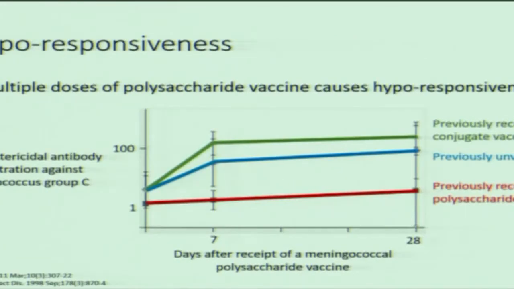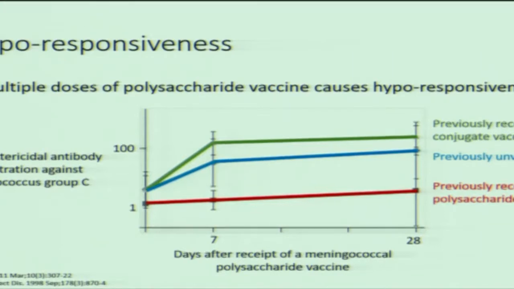So just to give you an illustration of this phenomenon, this was a study actually of meningococcal polysaccharide vaccine, but this was a really nice graph that I thought illustrated the point well. So this concept of hyporesponsiveness, which is that if you give polysaccharide vaccine first or you give multiple doses of polysaccharide vaccine, you end up blunting the antibody response to the vaccine,